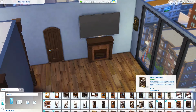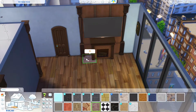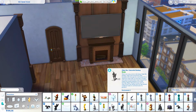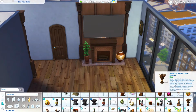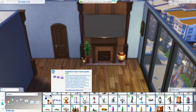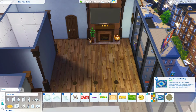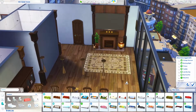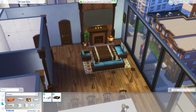And I wanted to go ahead and start working on the living room at the same time, because I'm treating this main living space all as one room, and I want it all to coordinate well, since it's a very open floor plan. So over here on the opposite end of the living room, I have done a fireplace with a big screen TV. The ceiling height in this apartment is at the medium level, so it gives a lot more options as far as using taller